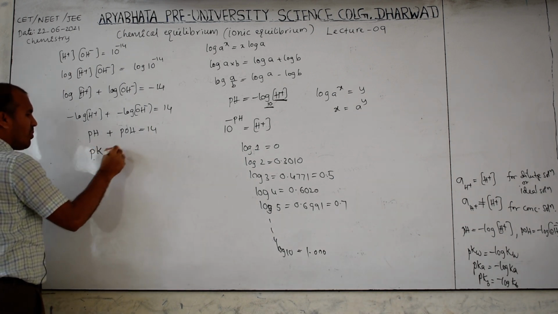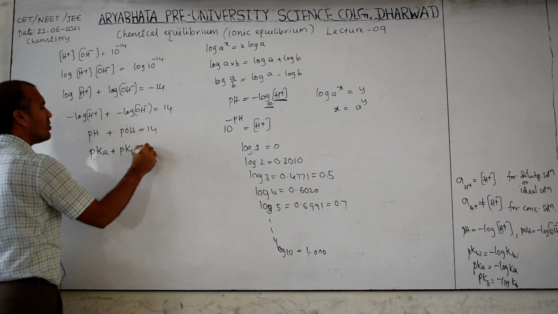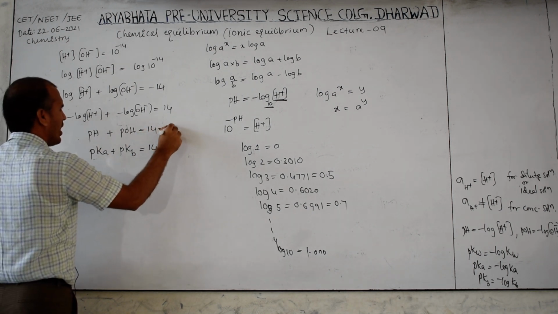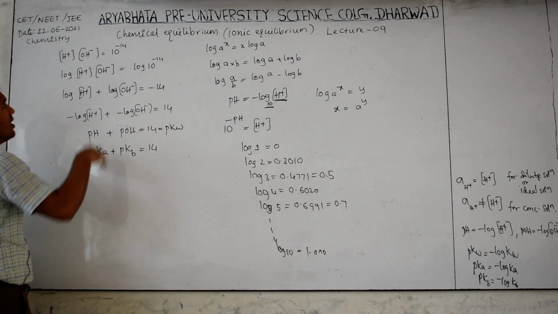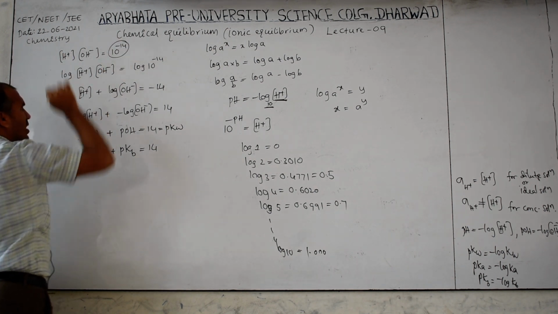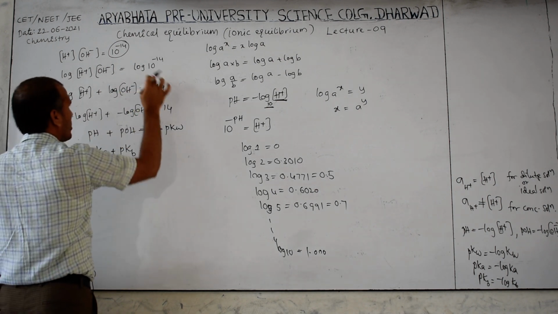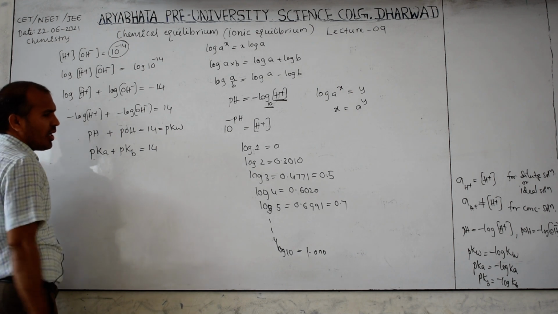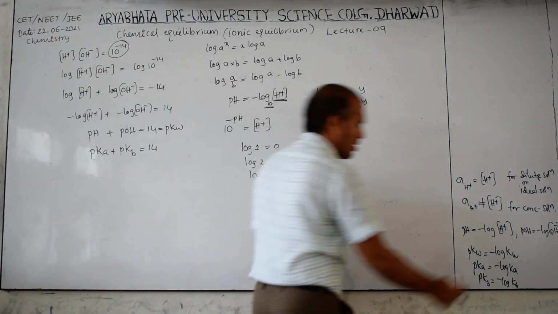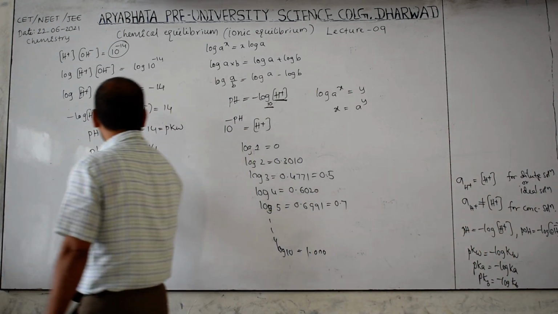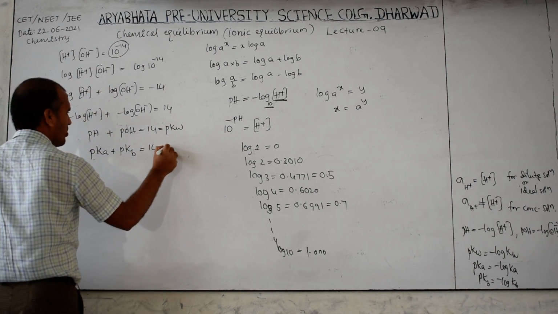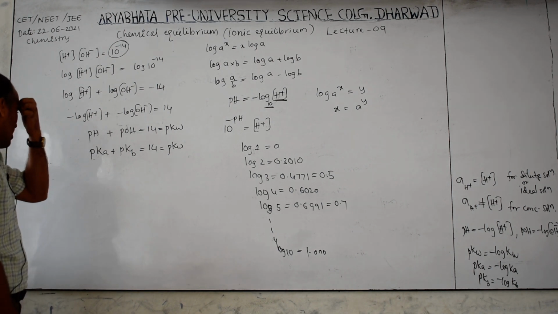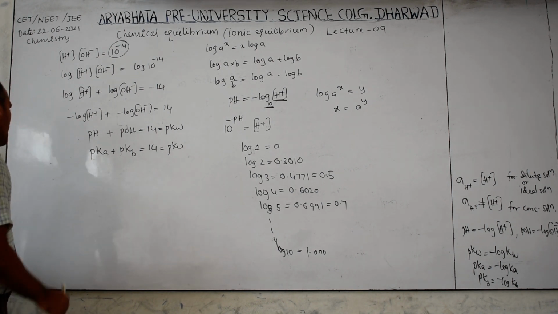Similarly, pKa plus pKb is equal to 14. Otherwise, this is also known as pKw, because it means Kw. Then you can write log Kw, apply it on both sides: negative logarithm of Kw is known as pKw. So like this, you will also get pKw. These formulas are very, very important. Remember the formulas, and calculations become very easy.